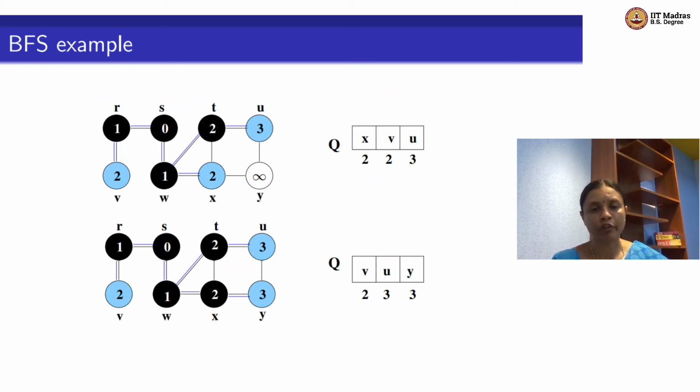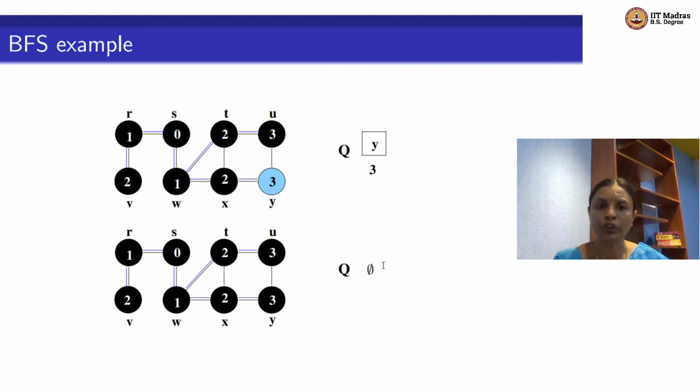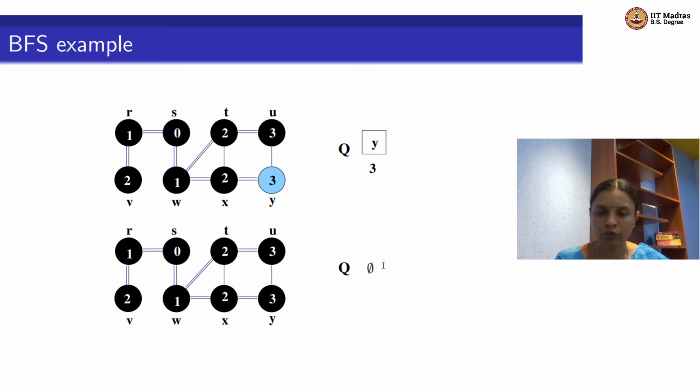Keep coloring vertices from white to blue to black. The vertices that are white have not yet been explored by the breadth first search algorithm. The vertices that are blue, you're currently wanting to explore paths out of by looking at the edges that are adjacent to them. The vertices that are colored black are those that are out of the queue, and the edges that go out of them have been fully explored. No more to explore. So this algorithm continues by adding and removing vertices from the queue in a FIFO fashion